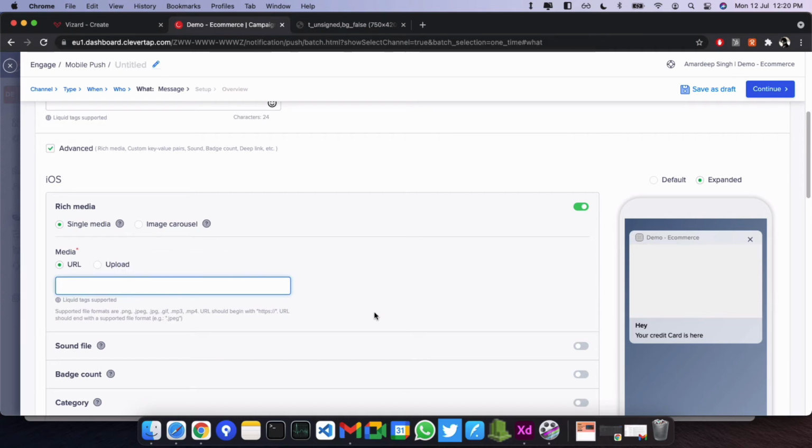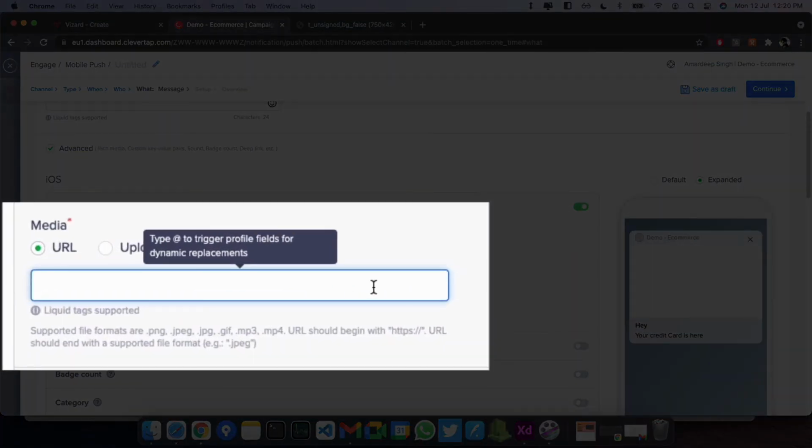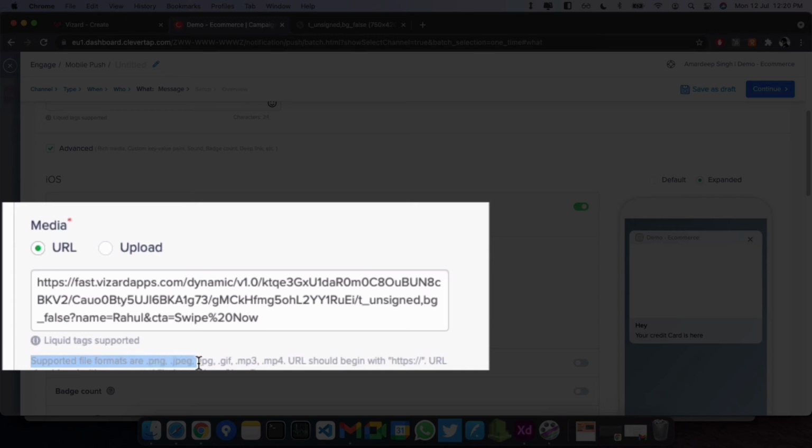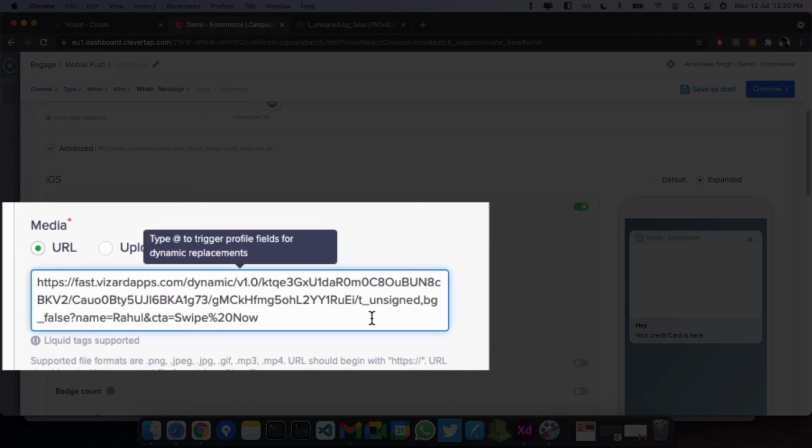Now this is the place where we can give an image which would come up with notifications. Usually this is a static image, but for our use case we are going to put here the link created by Wizard earlier, so we'll just paste it here. Since it says that supported file formats are PNG, JPG, we are going to make a small change here.